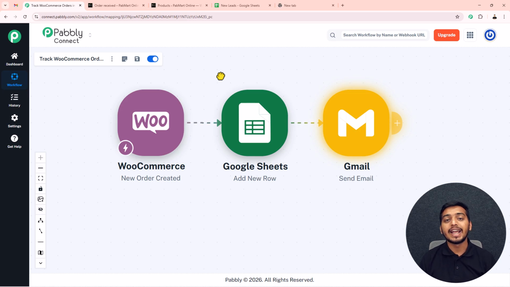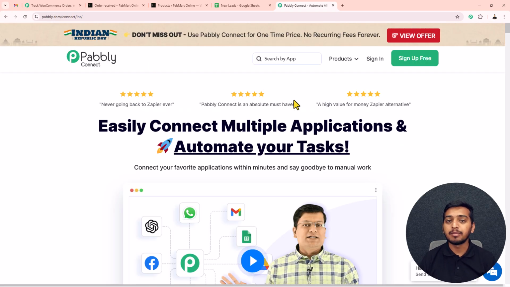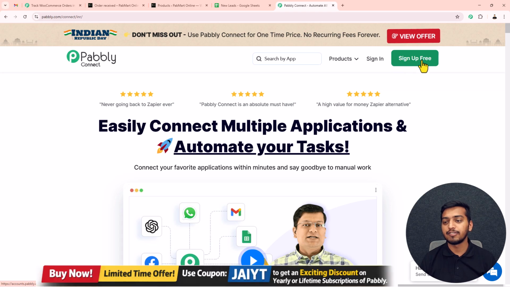So for that, at first I will help you navigate to the dashboard of Pabbly Connect. We have to open a new tab and search for pabbly.com/connect. This will get you directed to the landing page of Pabbly Connect. In here on the top right corner, we have these two different buttons, sign in and sign up free. If you are a new user to Pabbly Connect, you have to press this sign up free button to create